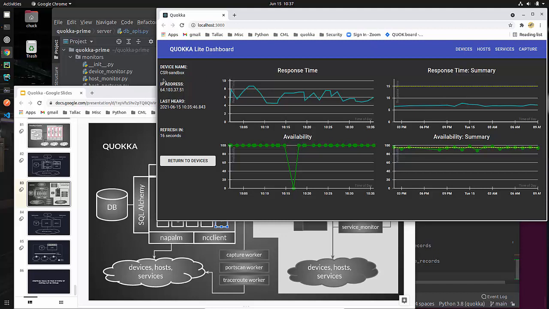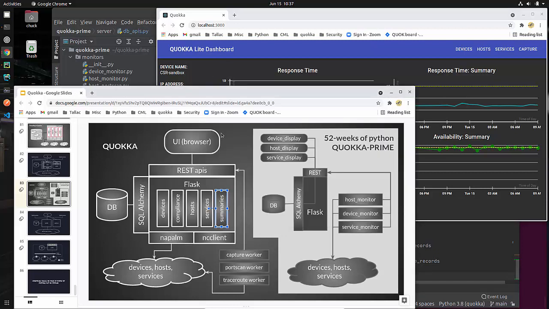That's the idea. We talk in this session about the fact that when I implemented the very first Quokka, I implemented everything as individual threads. And so rather than having discrete autonomous applications running for monitoring of devices, hosts, and services, I had them within the actual Flask application. And I actually like the way that the Quokka Prime turned out a little bit better. And that's how we did it, mainly for teaching purposes. And it's just serendipitous that it turned out better. But I digress. Summaries, that was in here as well as trimming.